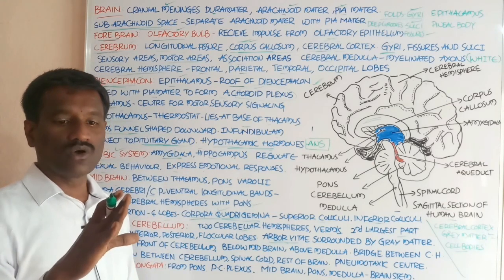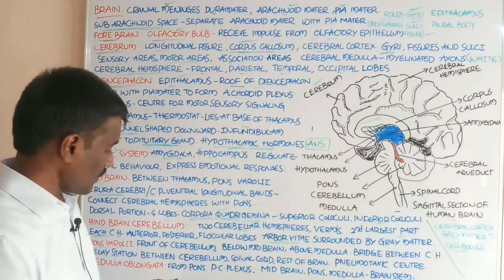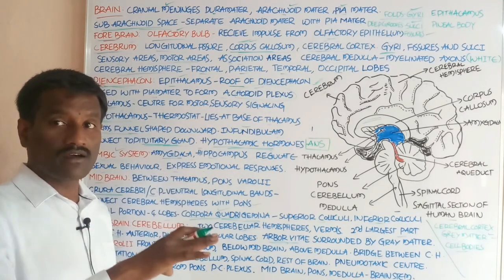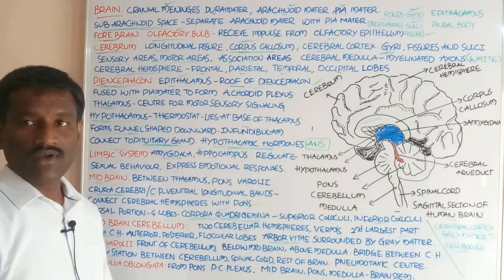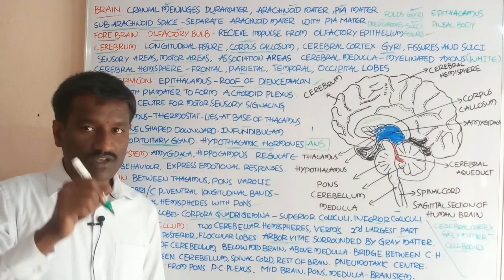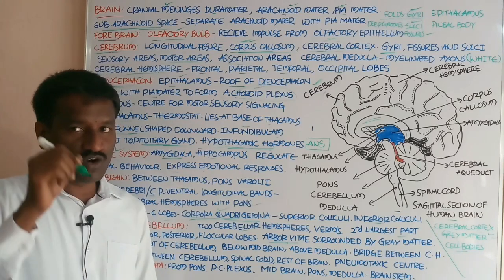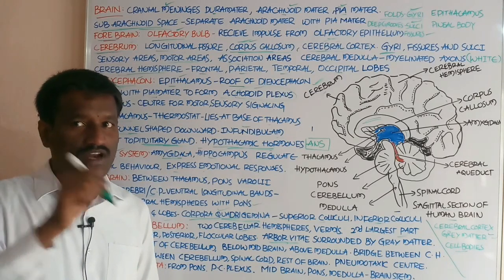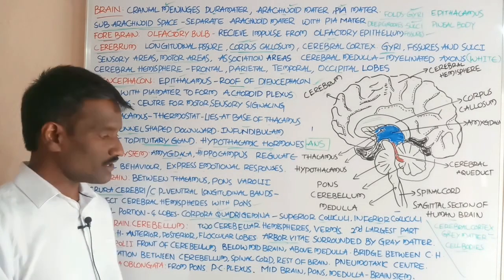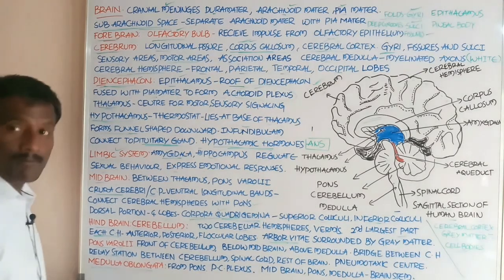It transmits and receives nerve impulses, acting as a relay station between the cerebellum, spinal cord, and rest of the brain. The pons varolii also contains a center called the pneumotaxic center, which helps regulate the movement of the respiratory muscles. Okay, student. Next, the last part: the medulla oblongata.